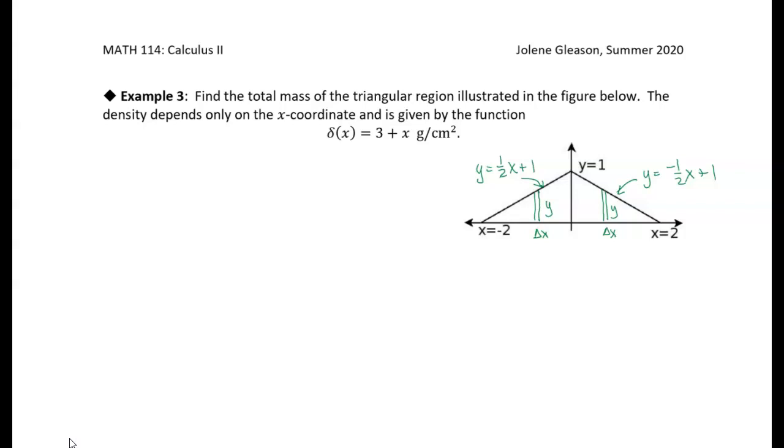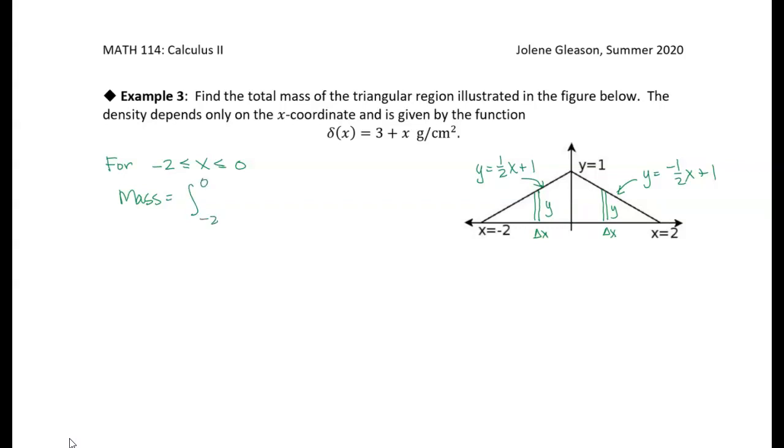Okay, so we're going to have to evaluate the mass of this triangle in parts. We're going to have to do the left half and the right half. So the first thing I'm going to do is look at the left half of this triangle. So for x between -2 and 0, let me just write that down, the mass is equal to the integral from -2 to 0